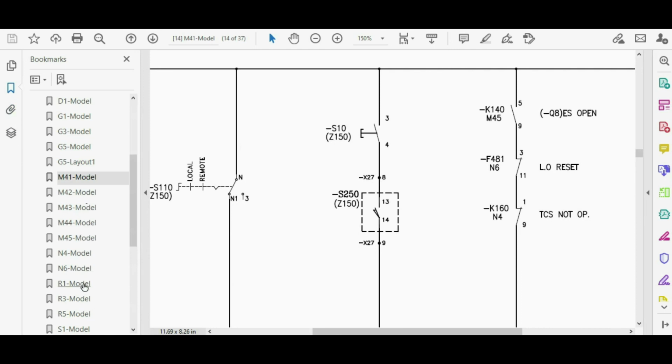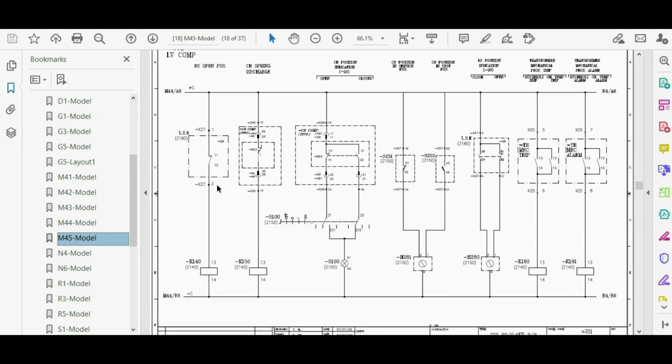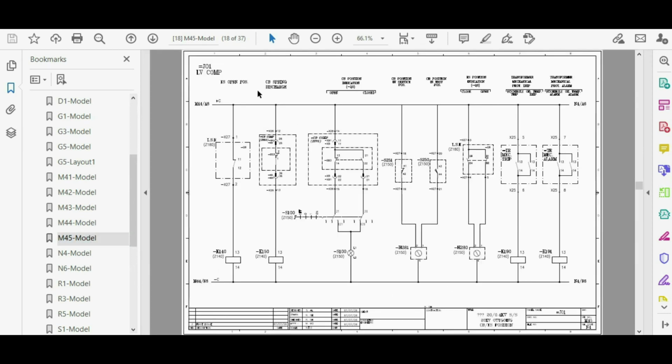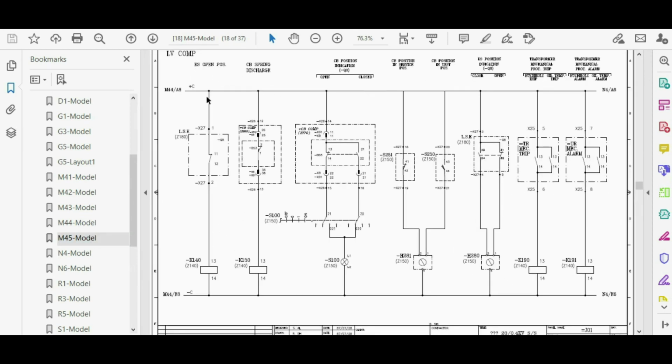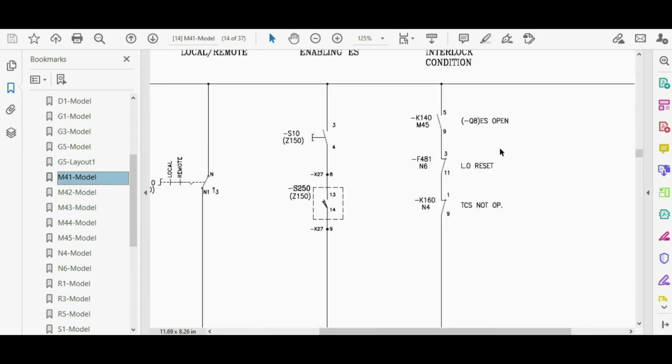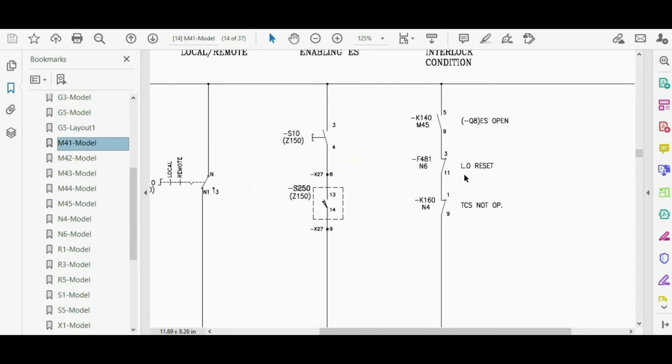Let me show you the coil. Page M45, first line. Yes, the first line is earth switch open position. This is the control circuit. If the earth switch is open, this coil K140 will be energized, and after energizing of this coil, its contact will be closed. Next condition is a lockout reset,